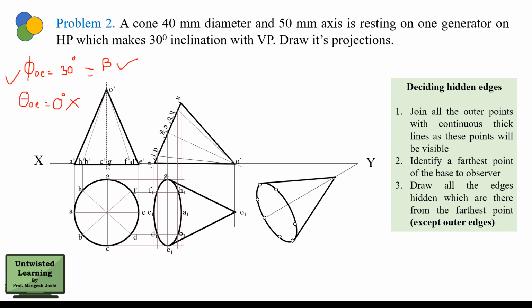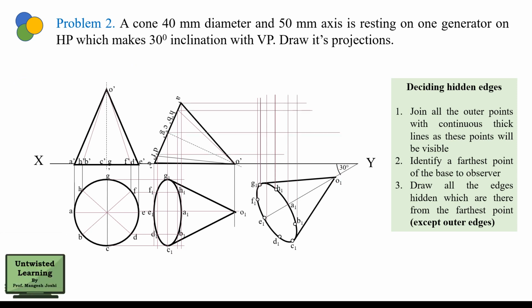Okay, so in this case the condition of the apex is not given, whether it is nearer to HP or away from HP. You can assume it anywhere. Okay, so it is better to assume this apex nearer to the XY line. Okay, so this angle is 30 degrees, and you have to redraw this diagram. Then to obtain the final front view, you will project all the points and transfer all the locuses. Okay, so this point is nothing but your O point.